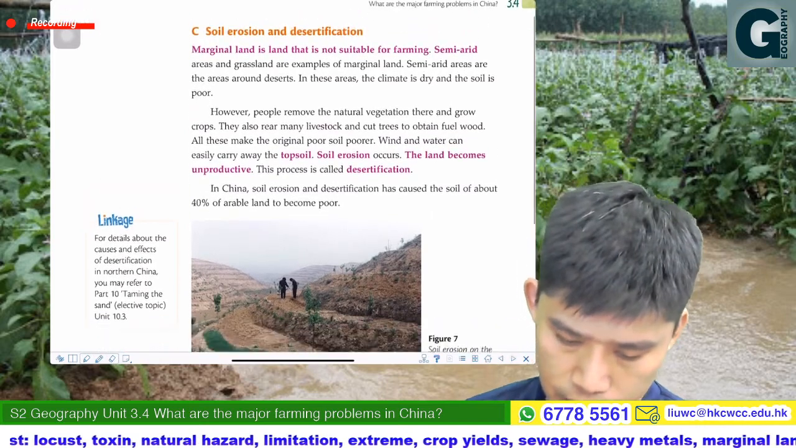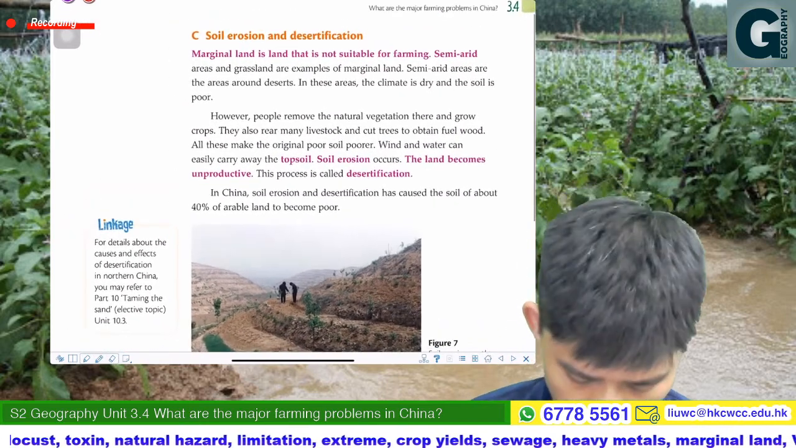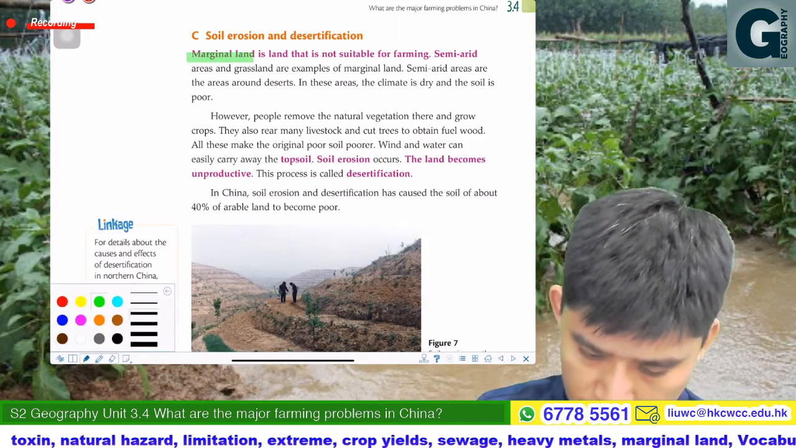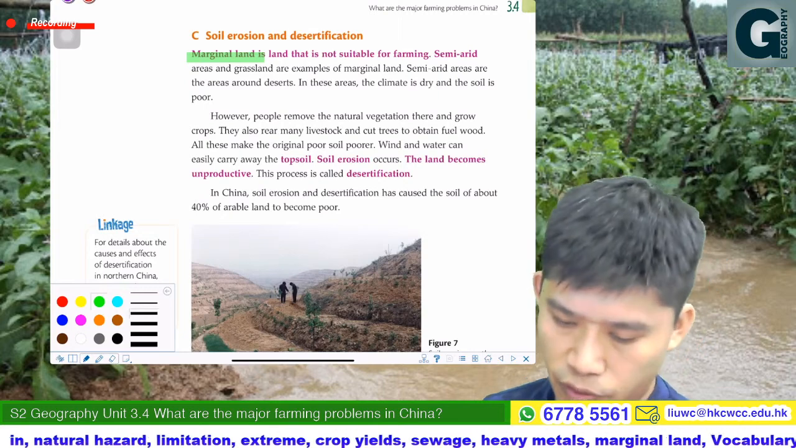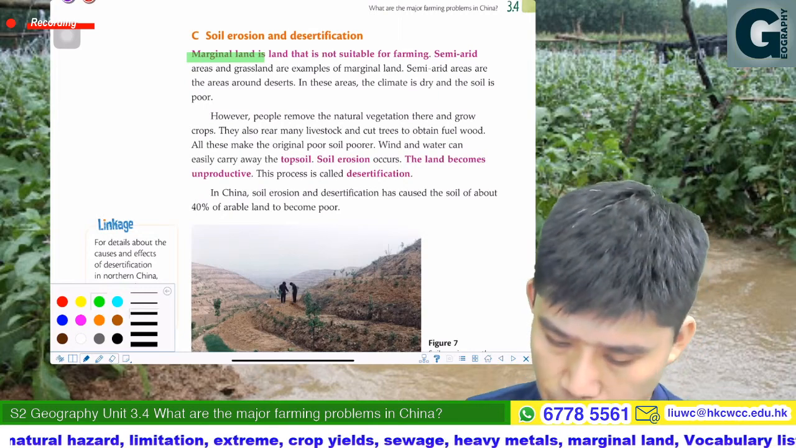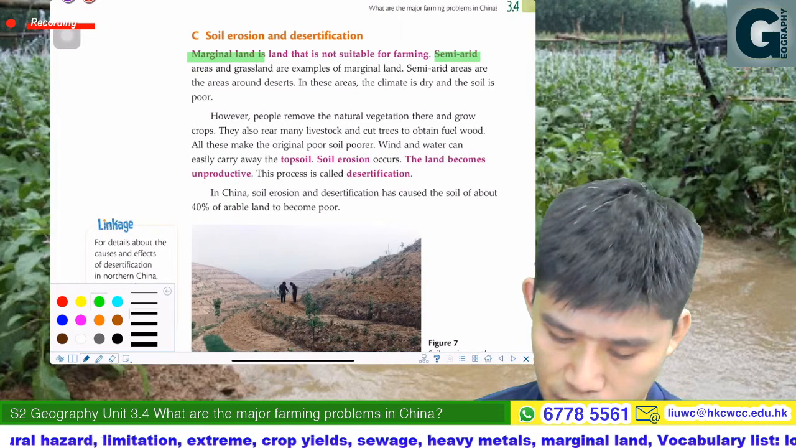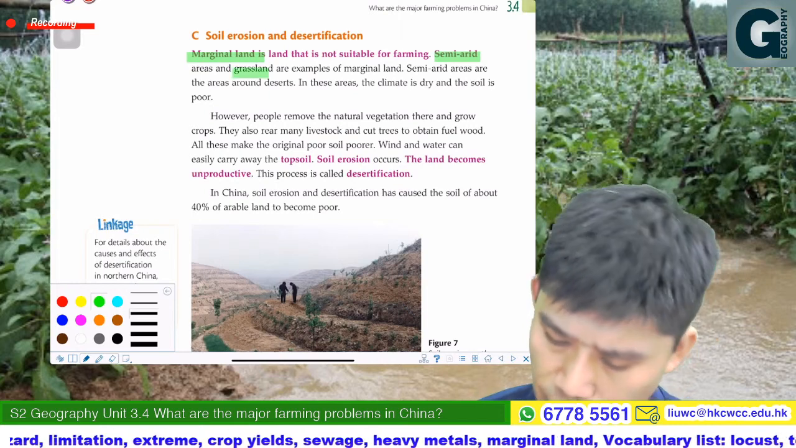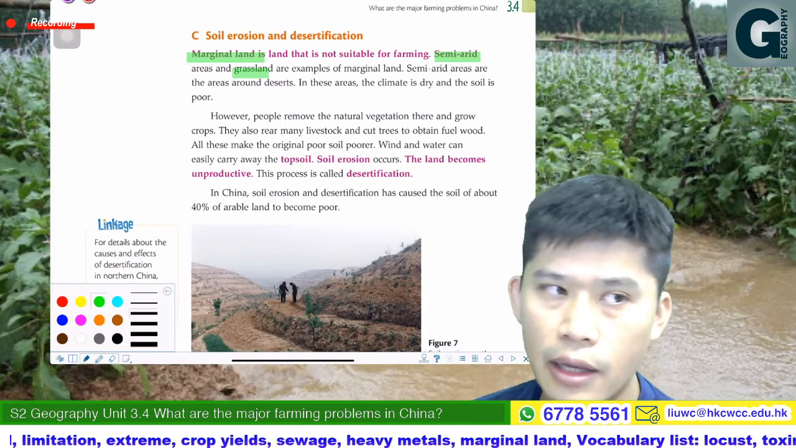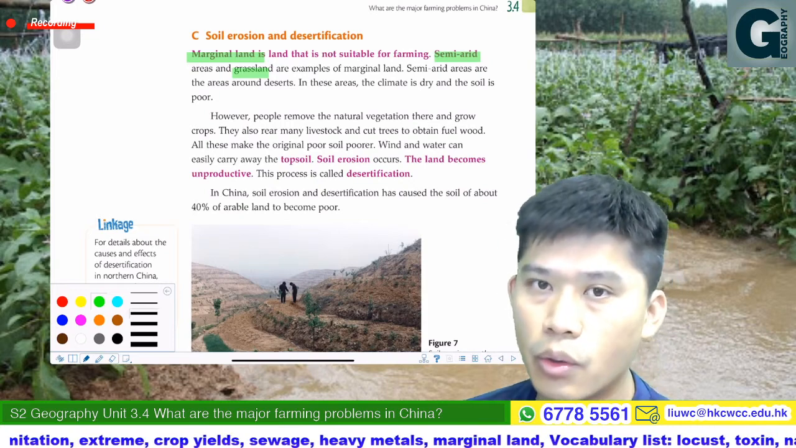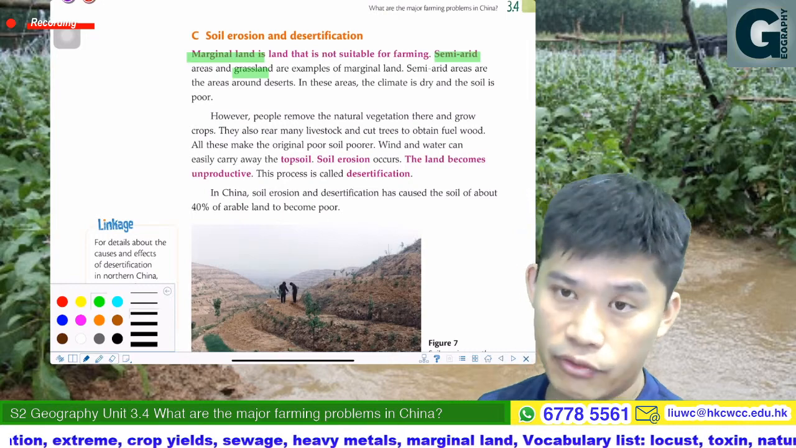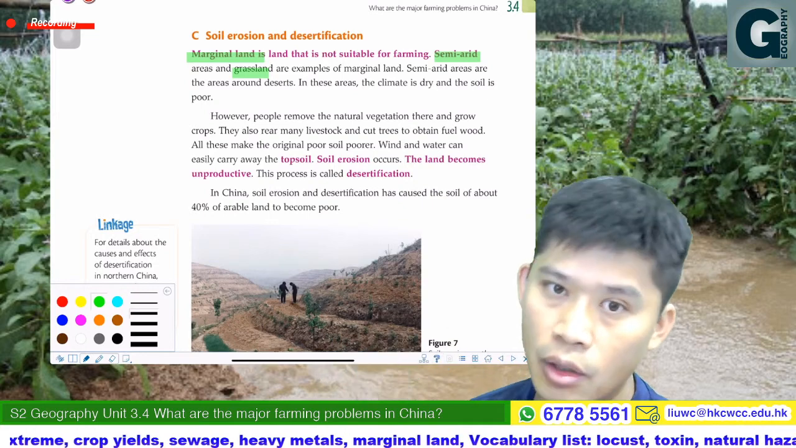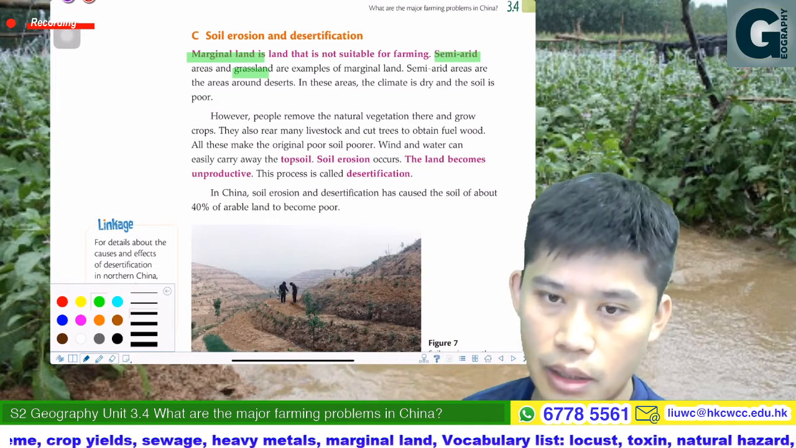Okay, then the next one. Desertification, soil erosion. Okay, so you may highlight marginal land is the land that is not suitable for farming. Okay, semi-arid areas and grassland are example of marginal land. 一啲唔係咁未必係咁合適攞嚟做耕作嘅地方，咁例如咩呢？啲 semi-arid region as the rainfall that is really really low, and also the nutrients, okay, of the soil that